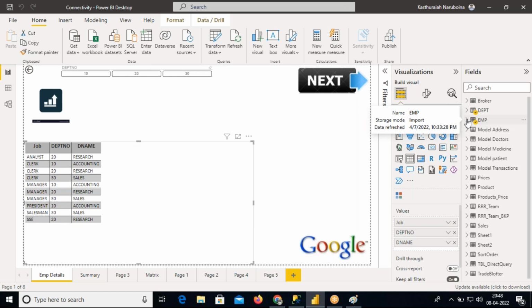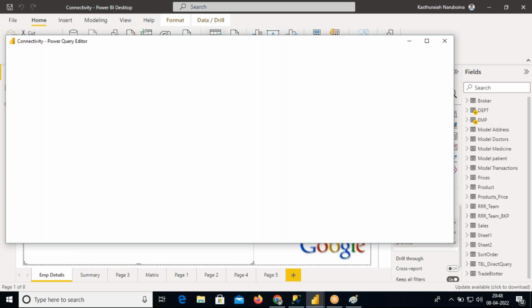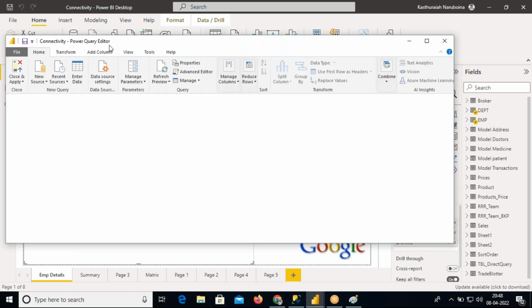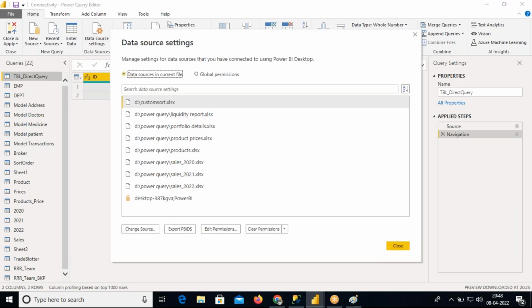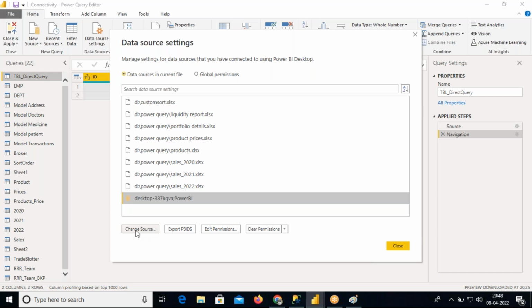So where do we change the connections? Just click on transform data and you will get a Power Query editor. Over here you can see a data source settings option. Click on data source settings. Over here you can see the list of connections you have created in Power BI desktop. Let's say you want to change the connection of a SQL server, select this connection and here we have an option called change source. Click on change source and over here